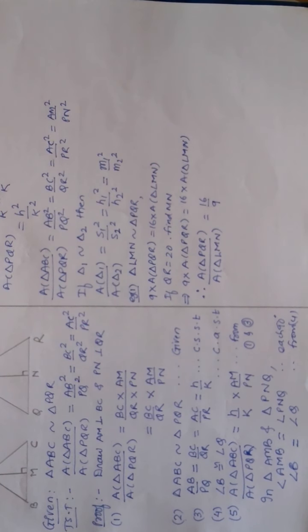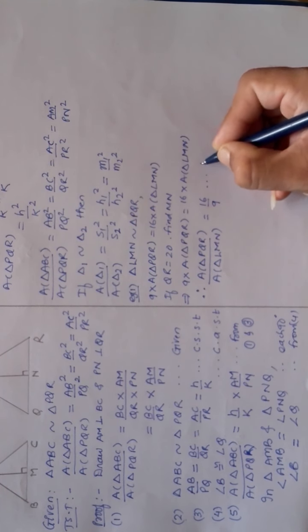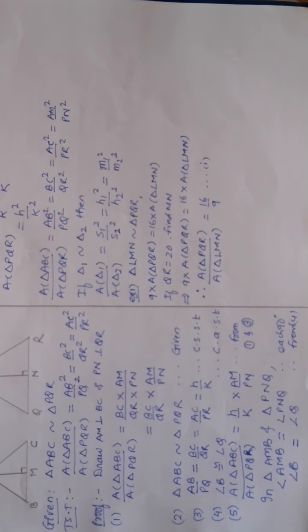Okay. Now this is what I obtained. It has been told to me that triangle PQR and triangle LMN are similar, right? Then according to the theorem which I did just now, the ratio of areas of two similar triangles is proportional to the squares of their corresponding sides. So whom to take? That is a big game. Shall I take all the three?